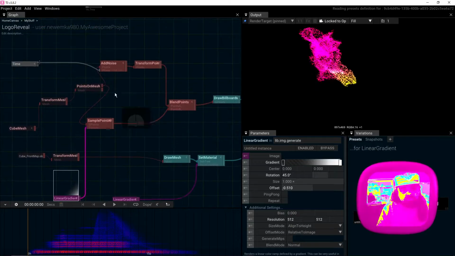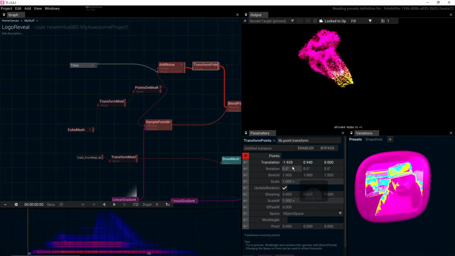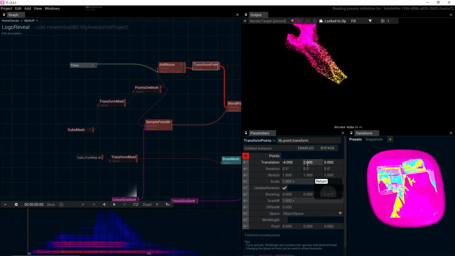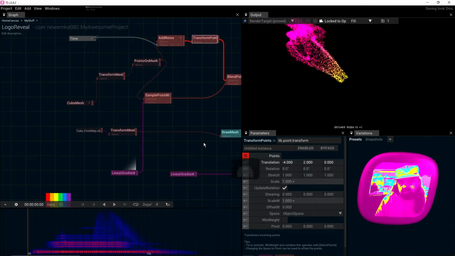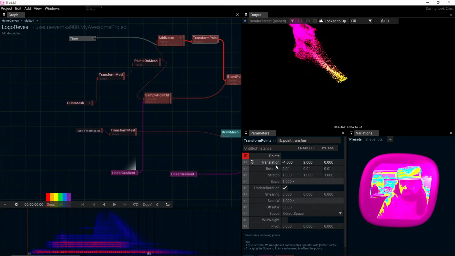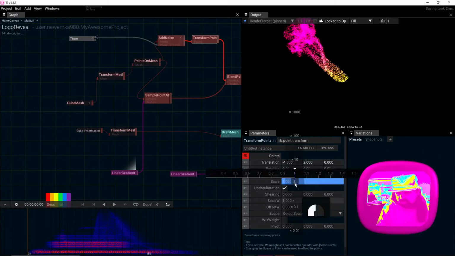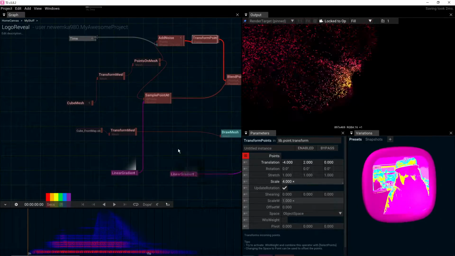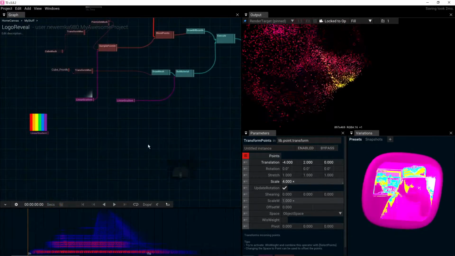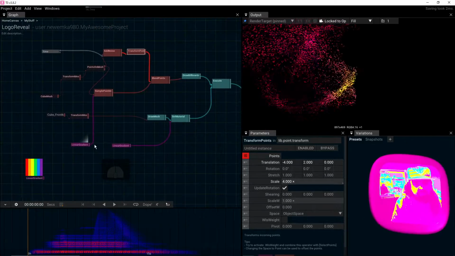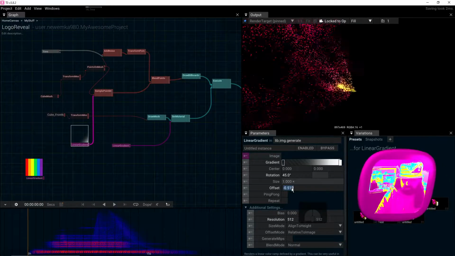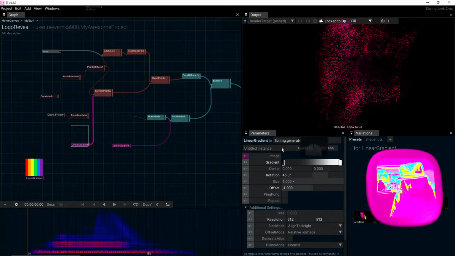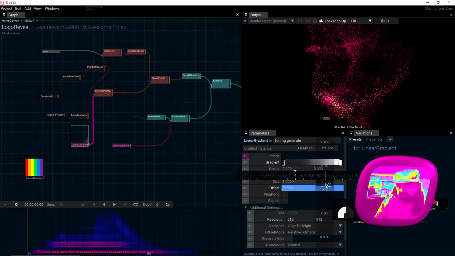Of course, you can put it like -4, 2, make it bigger. Let's scale it up like 4. Oh, this is quite crazy. -1. So you have your animation, you're looking at it, and then